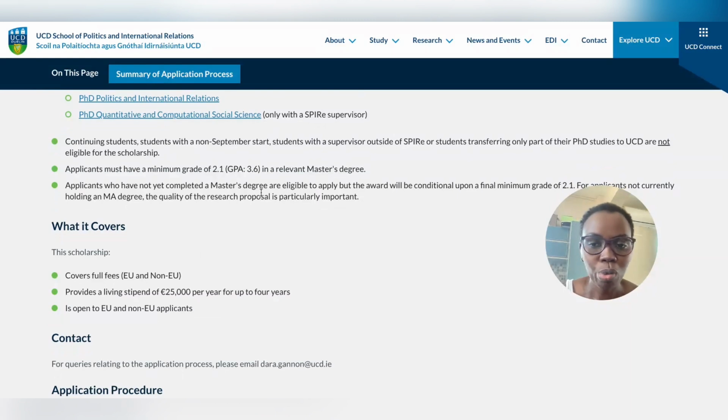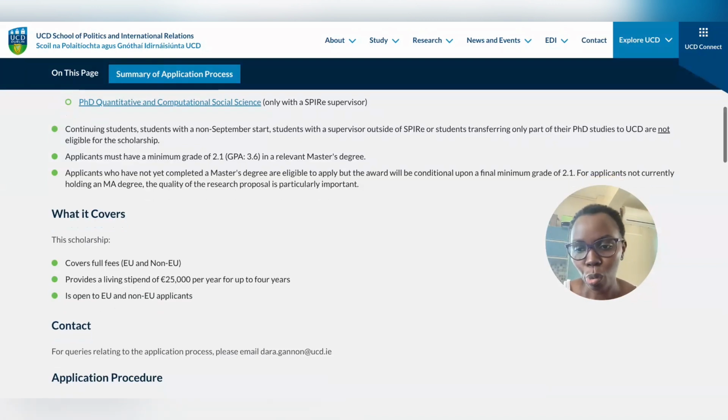If you have not yet completed your master's degree, you are eligible to apply, but the award will be conditional until you complete your master's. And if you don't have a master's degree, the quality of your research proposal will be important. That means you have to submit a very comprehensive research proposal.